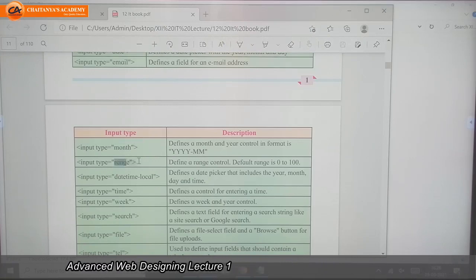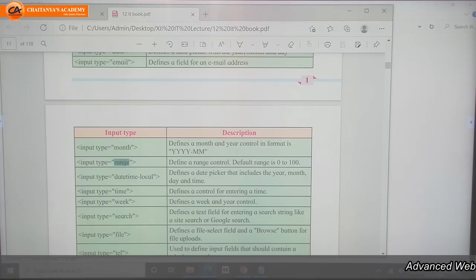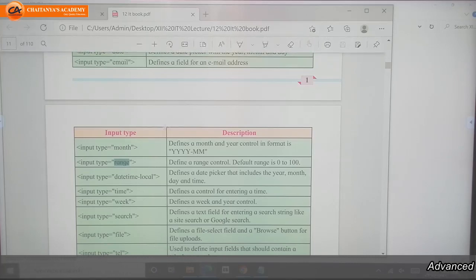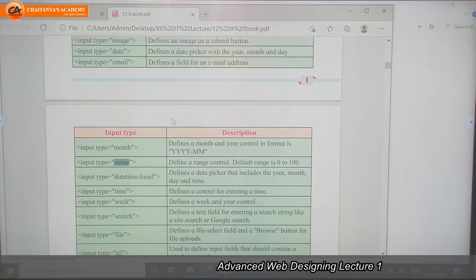This is range. If you want to give a range selector, for example, in an audio file we have a horizontal bar, right? On that horizontal bar, as the audio file plays, we get to know how much time it has played, 5 seconds, 2 seconds.